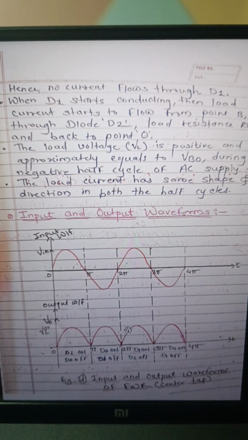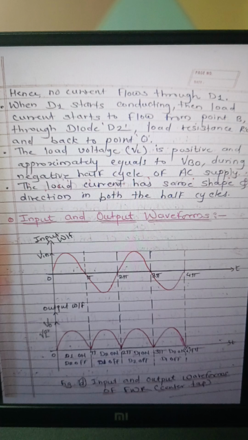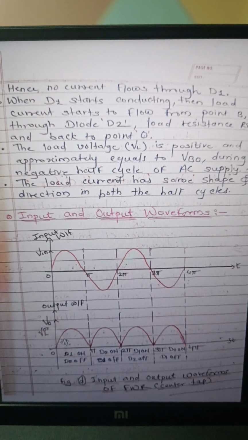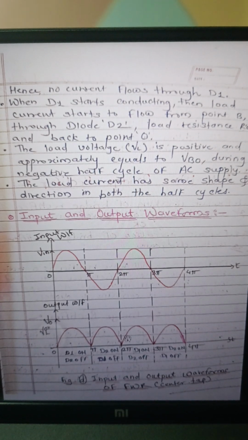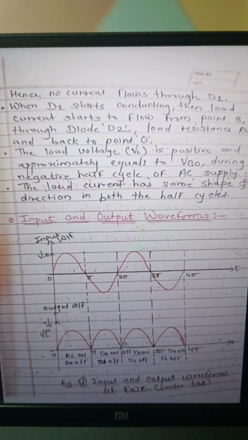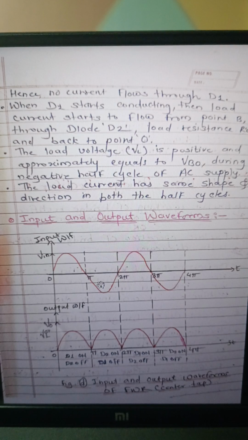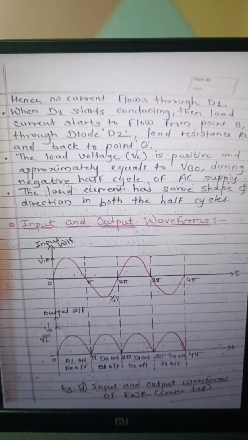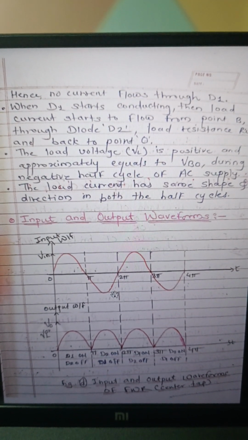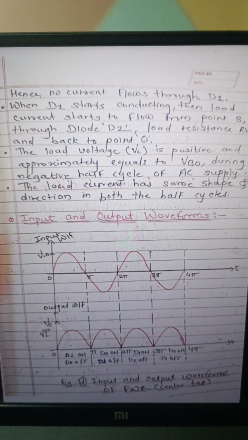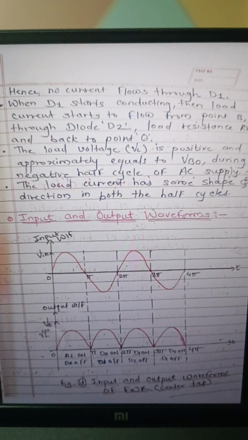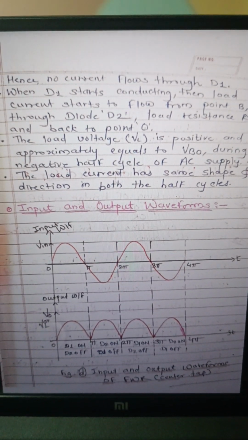So this is the unidirectional voltage, that is positive only. So this is the full wave rectifier, which delivers output or power at the output side for both the half cycles. Okay, so this is about the center tap full wave rectifier. So last and most important,